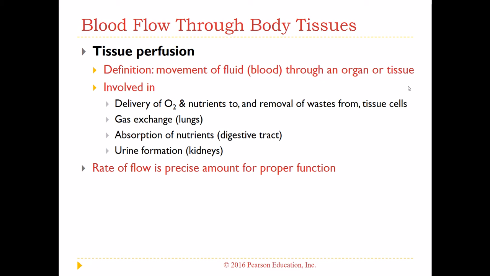And of course, this is how we get oxygen and nutrients out to those tissues. It's how we get waste away from those tissues. It's how gas exchange occurs in our lungs, the exchange of carbon dioxide and oxygen. It's how your GI tract absorbs the nutrients from the food that we eat. It's how your kidneys make urine to help us regulate our blood volume and electrolyte volume and get rid of